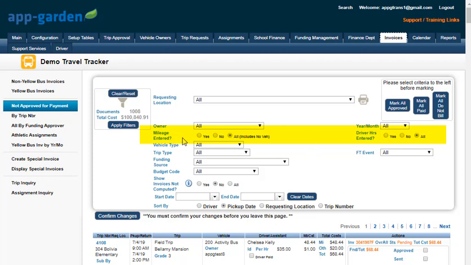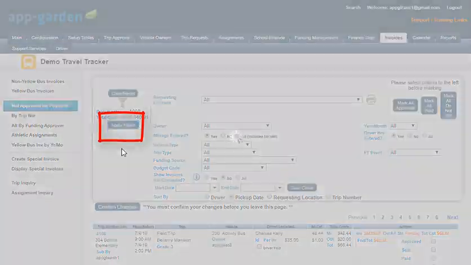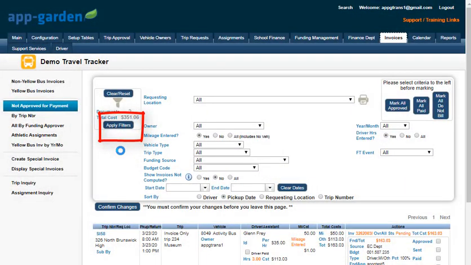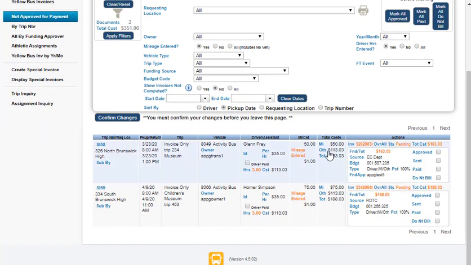Set the mileage entered to yes and set the driver hours entered to yes. Then click your Apply Filters button. Now we will be able to see any invoices that have had the mileage entered and the driver hours entered. You can review the information in the summary,